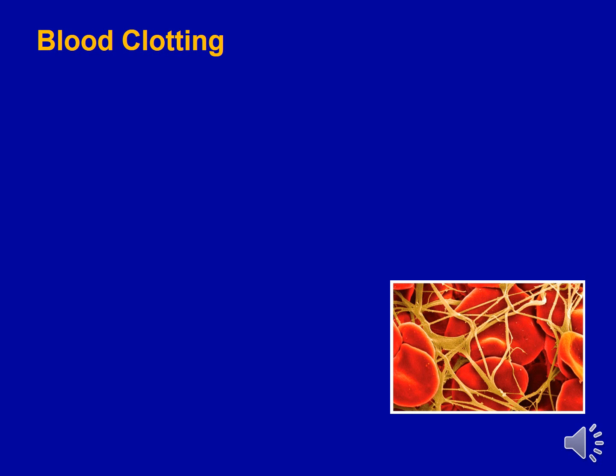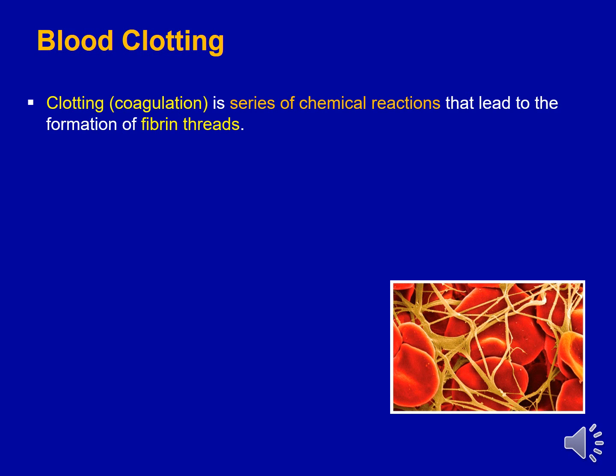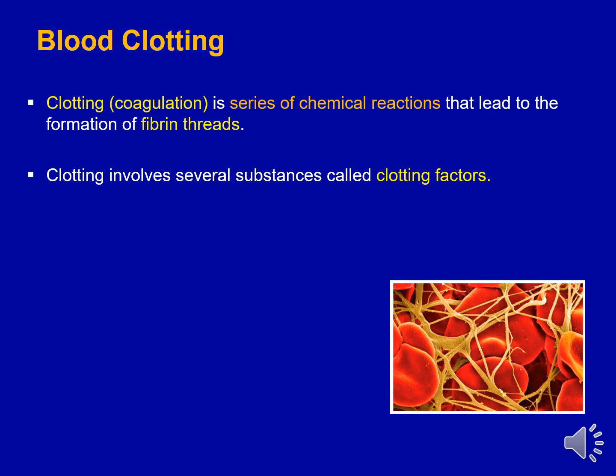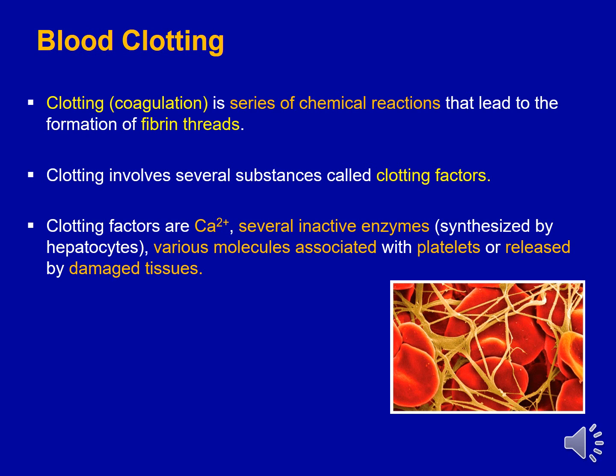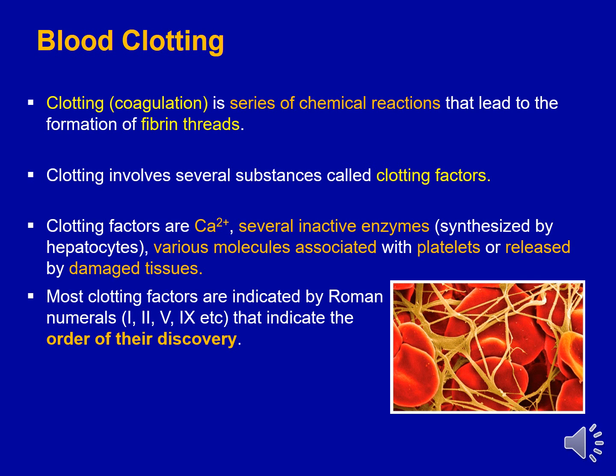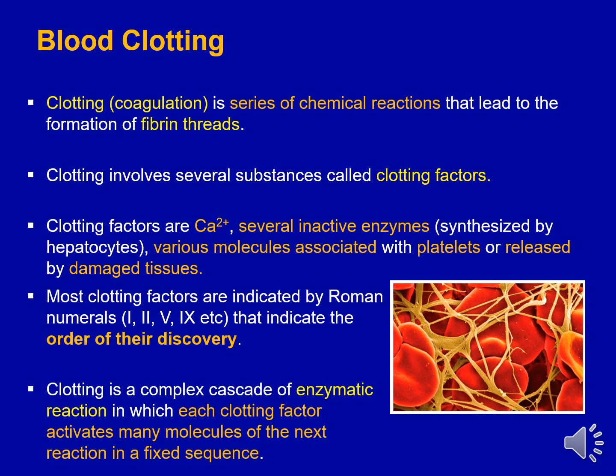The third step in the process of hemostasis is blood clotting. What is the mechanism of clotting? What are the clotting factors interacting? What are the sources of the clotting factors? That is, we are going to answer the following questions. So, the first question: what is the mechanism of blood clotting? The mechanism of blood clotting is a series of chemical reactions that lead to the formation of the fibrin